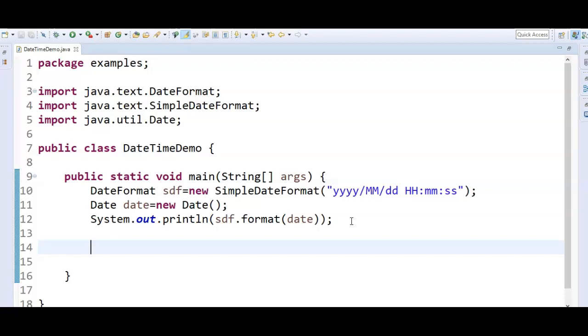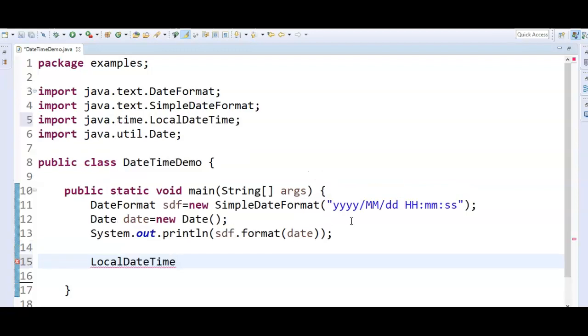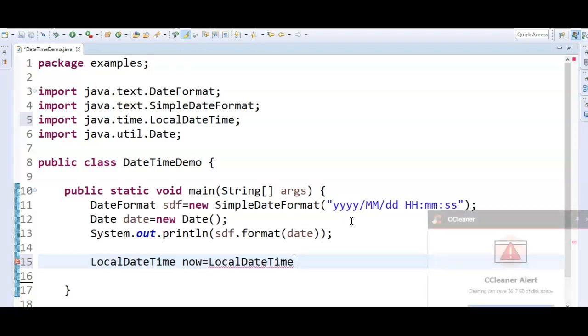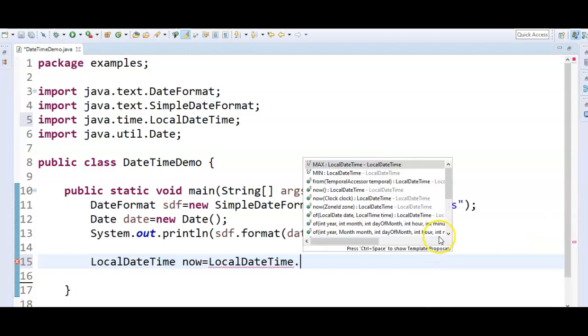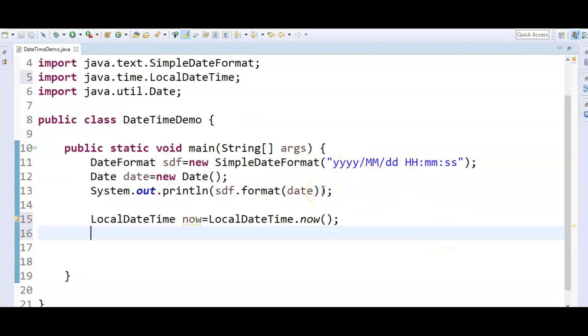So what we do is, we have a class called LocalDateTime. LocalDateTime now equal to LocalDateTime.now.